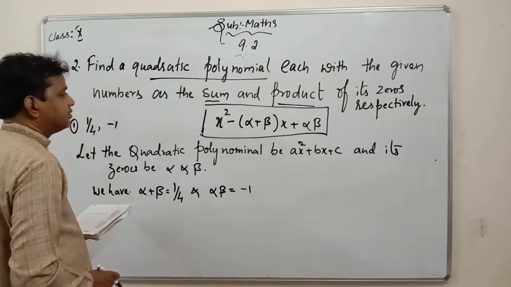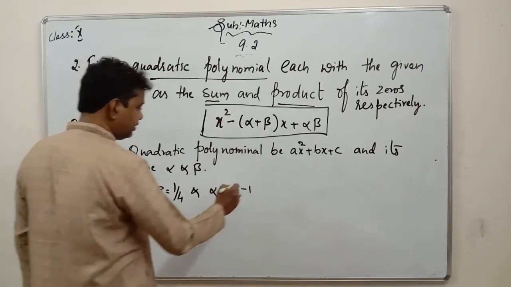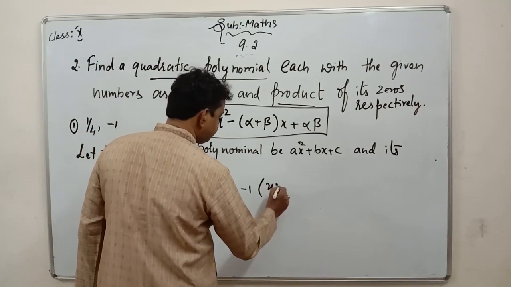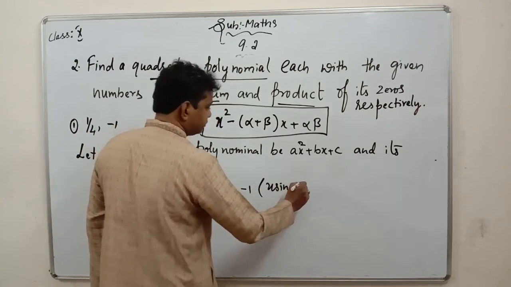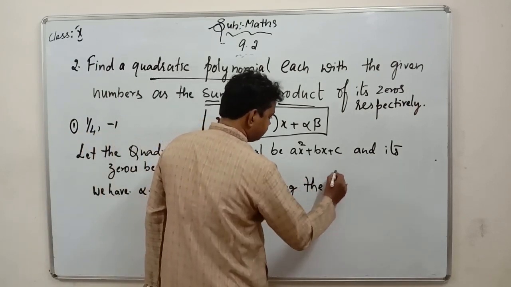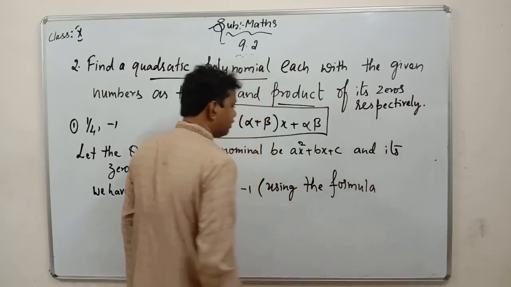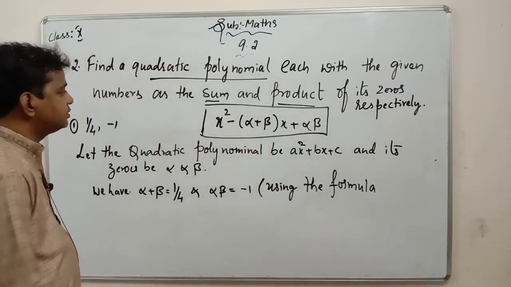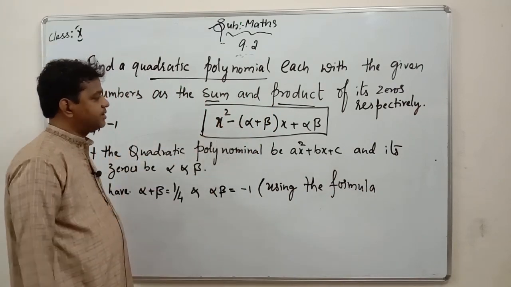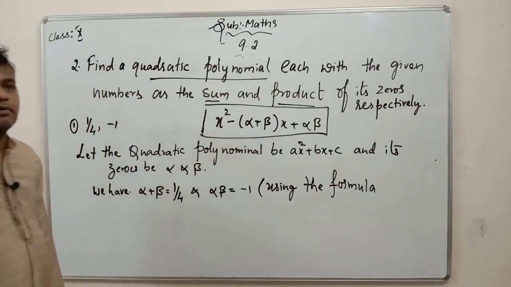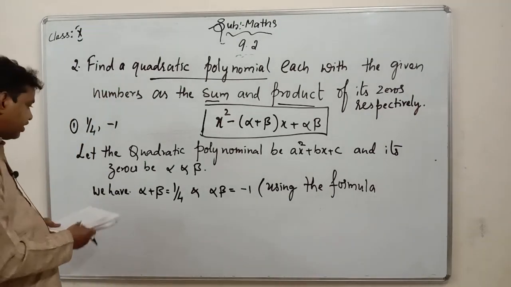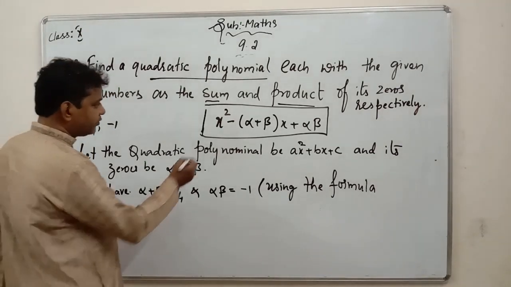So what I told you, by using the formula, which formula? x square minus alpha plus beta of x plus alpha into beta. By using this formula you can find x square, same thing